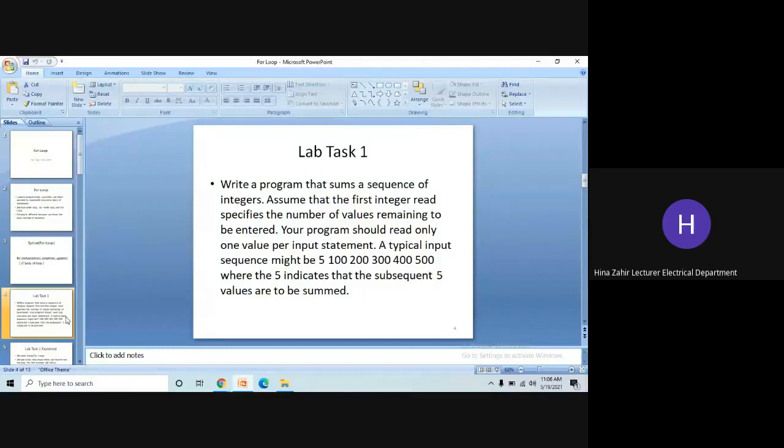It says very easy lab task. It says that ask the user. Now you are going to ask the user for a series of numbers, and then you are going to output the sum of those numbers. But the first time you are going to ask the user how many numbers they want to add. So first the user will enter the amount of numbers, and then you are going to ask the user that number of times to enter the number, and along with entering the number the previous number would be added.